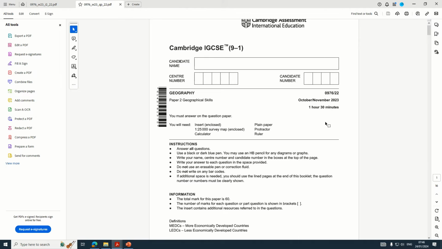In this short video, I'll be taking you through how to print the IGCSE Cambridge Geography Paper 2 exam paper, to make sure the dimensions on the exam paper align with the dimensions on the map, and to make sure that when you print the map and the exam paper, 1 centimetre represents 250 metres, so the scales are correct. Note that for this exam you get a survey map that can either be 1 to 25,000 or